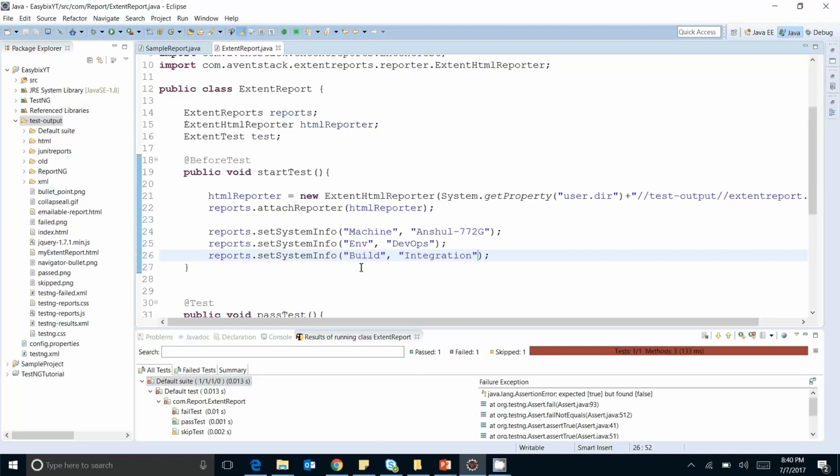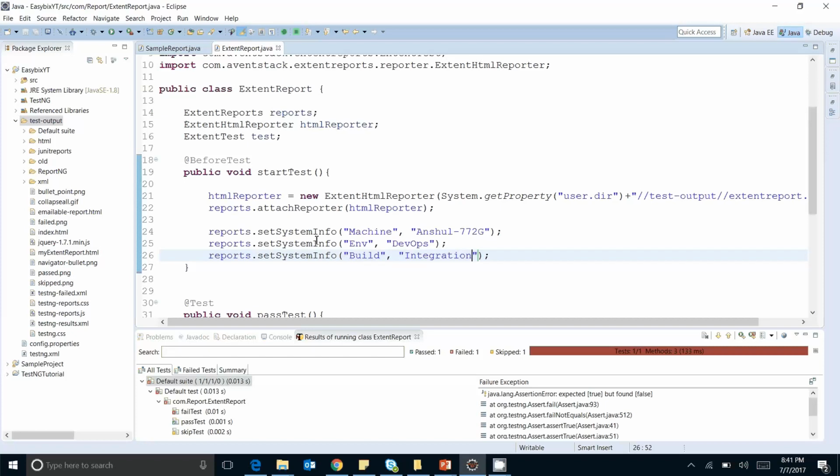Suppose you need to pass your Windows OS version. Obviously, if you are using any API test, then you can pass your methods, like whether you are using JSON, or XML, or POJO. And in case of UI, you can pass your browser name. Are you using IE or Chrome? Anything you can pass over here.